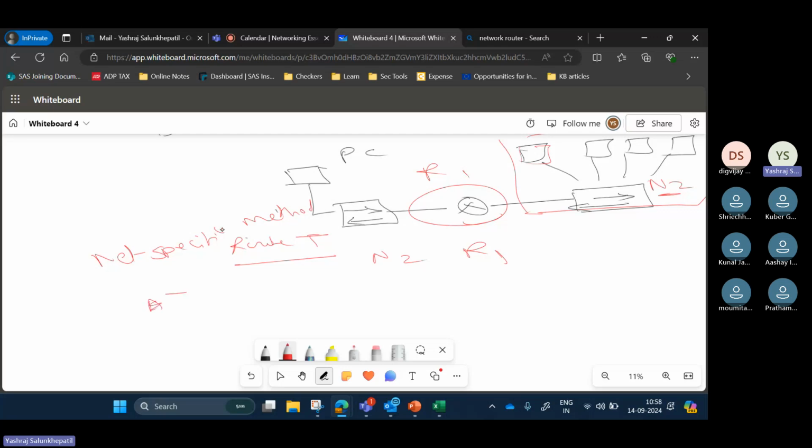If it was next hop method, the routing table would have destination A, B, C, T. It would have destination A, router 1, destination B, router 2. ठीक है?